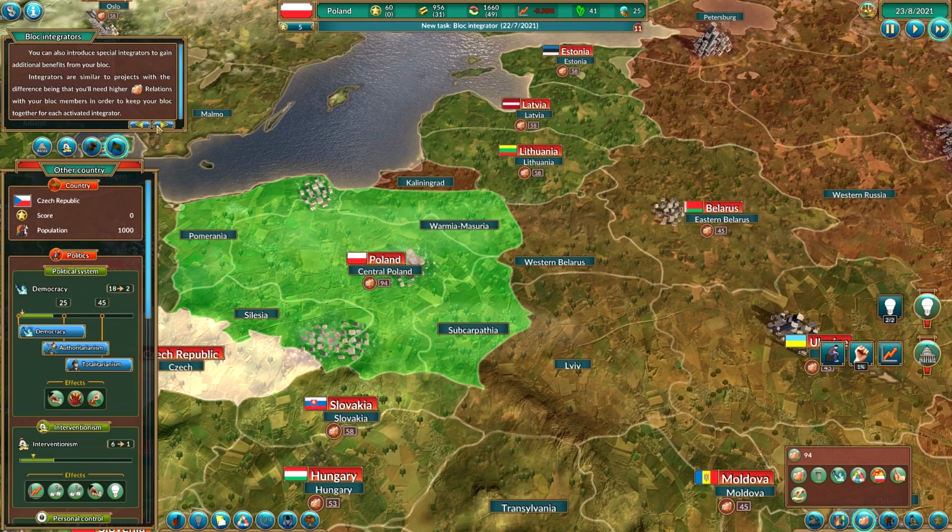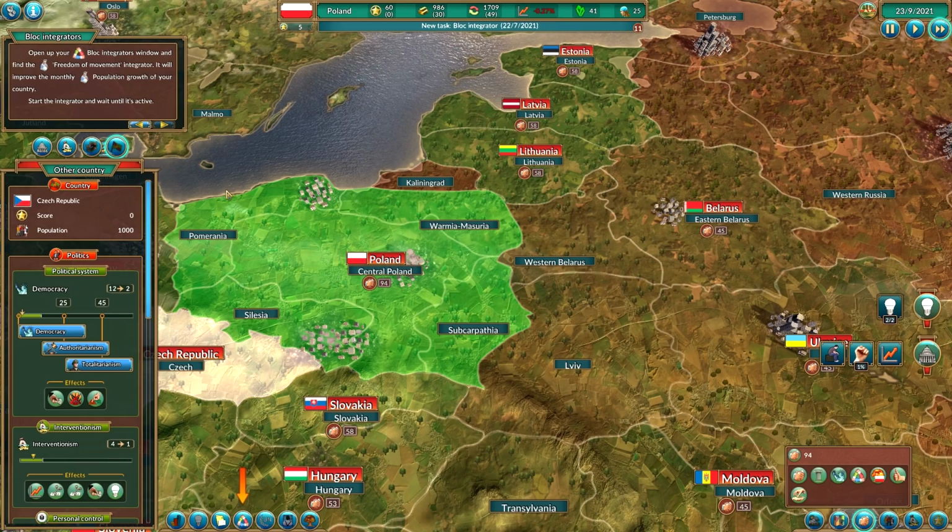You can also introduce special integrators to gain additional benefits from your bloc. Integrators are similar to projects, with the difference being that you'll need higher relations with your bloc members in order to keep your bloc together for each activated integrator. Open up your bloc integrators window and find the freedom